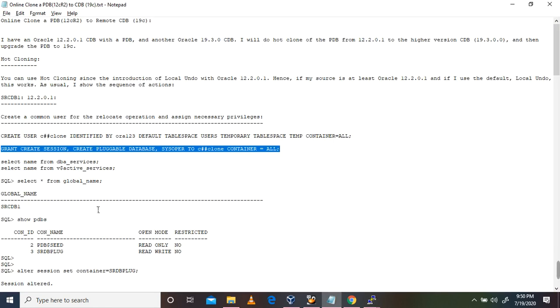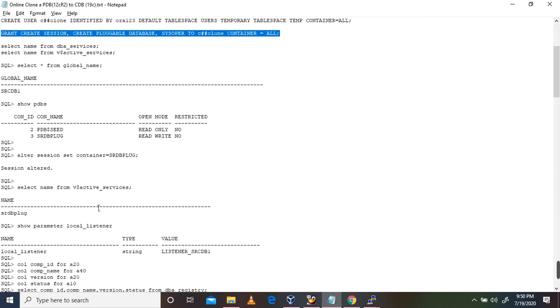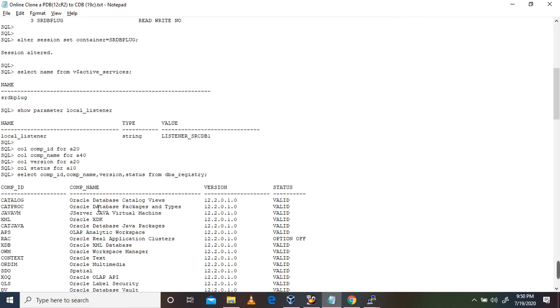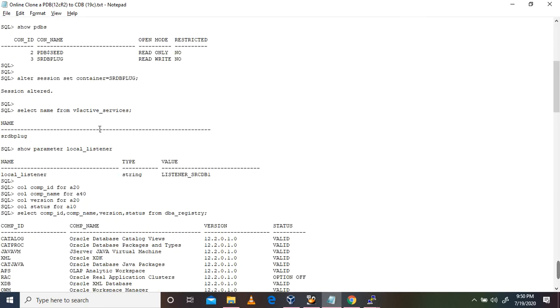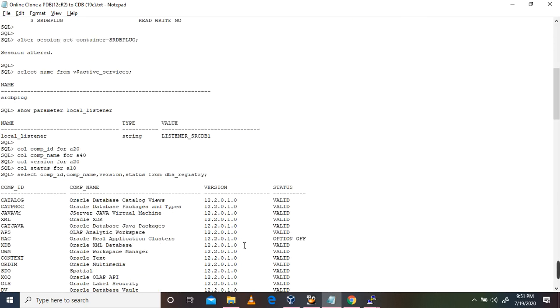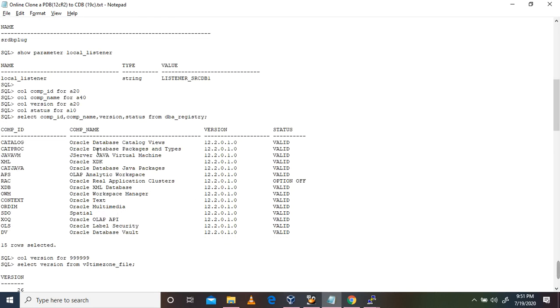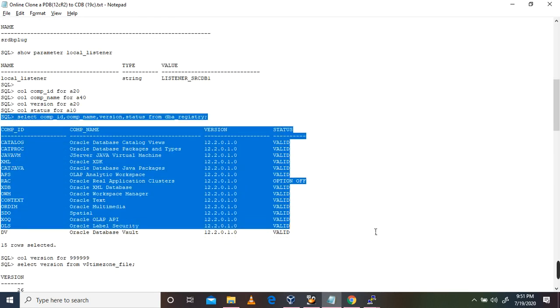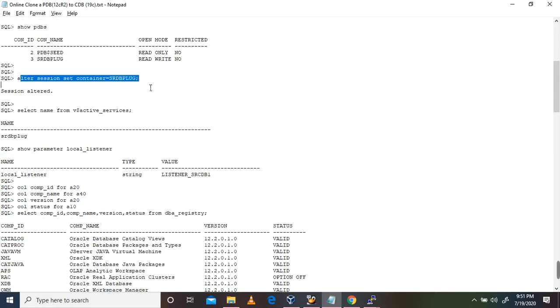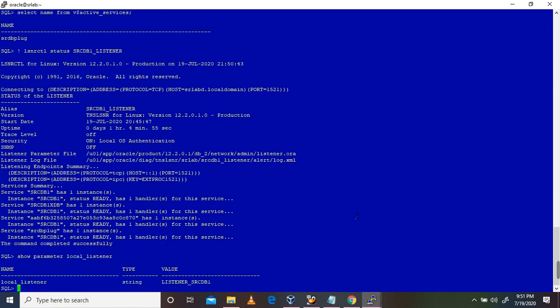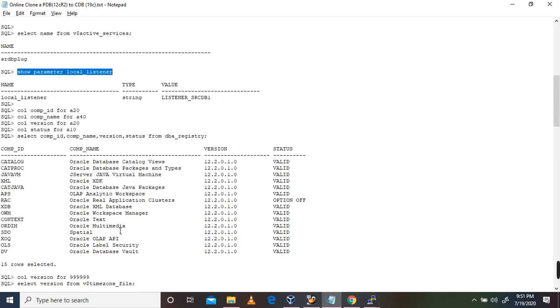So we have validated, and some other things we also need to validate, like the registry settings. I have already collected the information about what components are in the pluggable. So you can see here I have changed to the pluggable. The active services are running, and the parameter local listener is set.